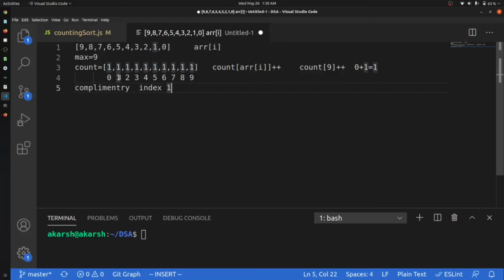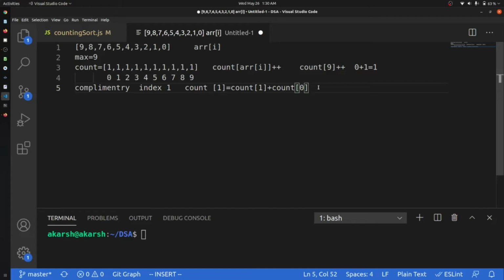So we will add up the count at 0: count at 1 will be equal to count at 1 plus count at 0. This whole thing will be iterated over the whole array.